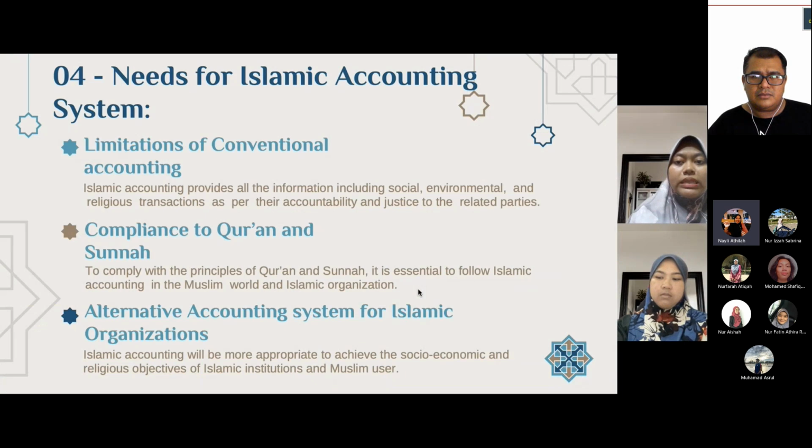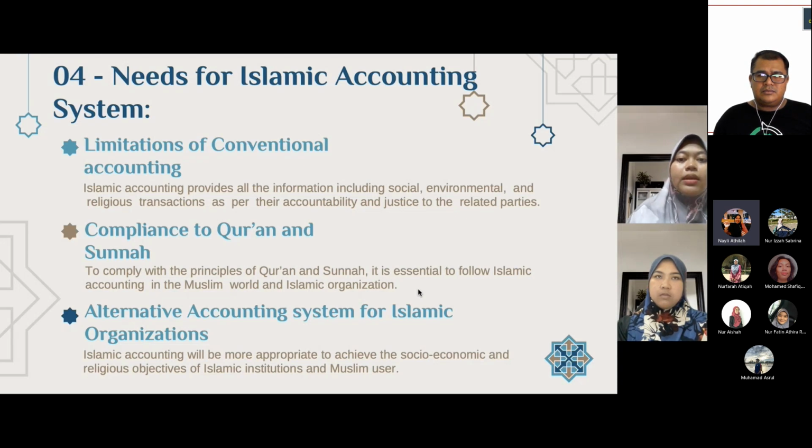Moving on, there are several needs for an Islamic accounting system, which are first, the limitation of conventional accounting. The conventional accounting only provides information to make different decisions without disclosing the environmental effects, social cost, and religious transactions of an entity. Memandangkan conventional accounting ni hanya provide partial information kepada pengguna financial statement dia, yang mana dia boleh menyebabkan kepada wrong decision and wrong dealing of the organisation. Sebab itulah need for Islamic accounting ni wujud kerana Islamic accounting provide semua information yang diperlukan termasuklah social, environmental and